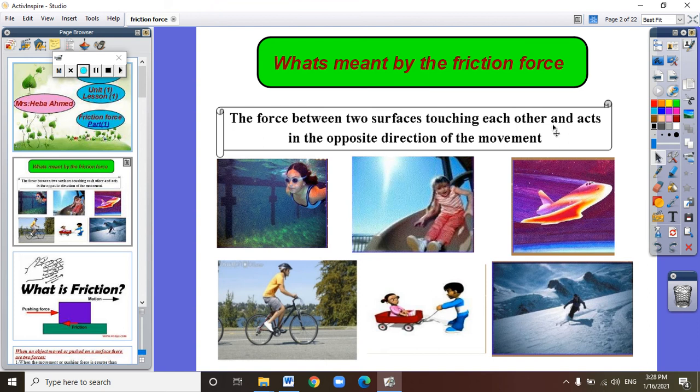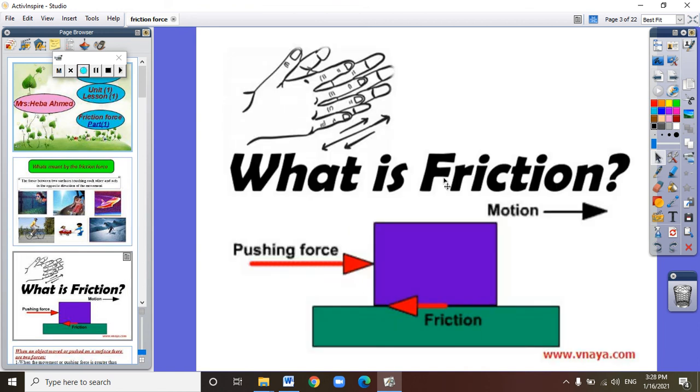We must know that the friction force makes any moving object stop moving. Without the friction force, if we start to move, we would not be able to stop. But the friction force allows us to stop when we want to stop. So anything stops moving due to the friction force. The friction force is the force between two surfaces touching each other, and it acts in the opposite direction of the movement. In this picture you can see